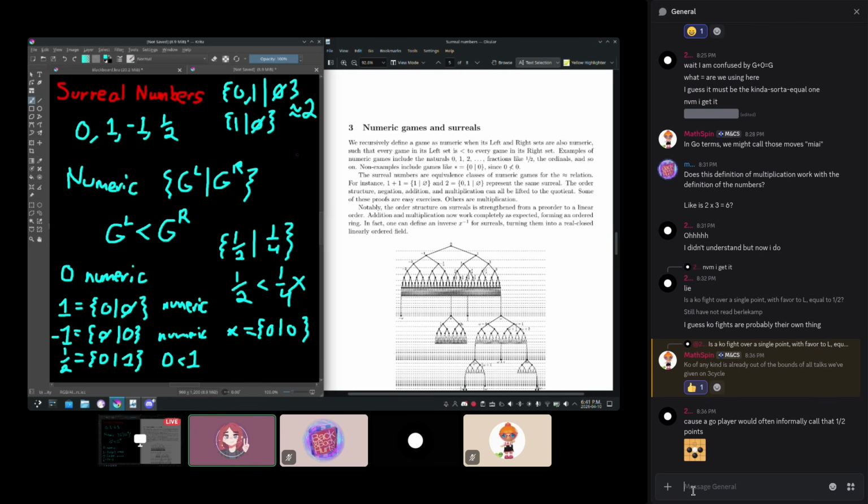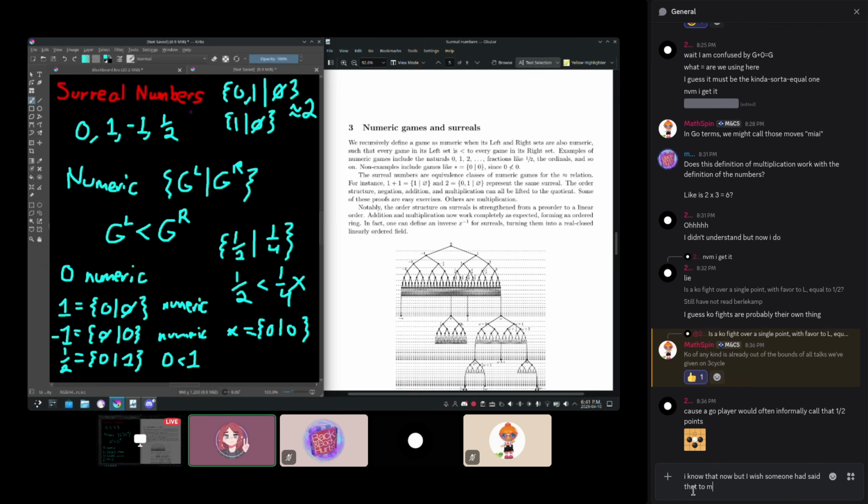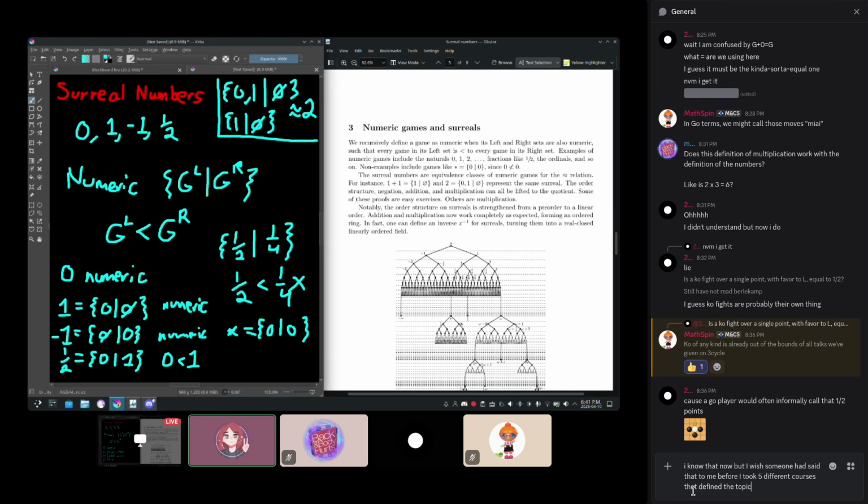I don't know if I can really assume that people here are familiar with the idea of quotients, but basically the idea is that a quotient is just some other structure that you build where things that you want to be equal are now equal. And assuming that your notion of equal satisfies the properties that it's supposed to, it's reflexive, it's transitive, it's symmetric, then you can always build these kinds of quotients. And the surreal numbers are really just one example here. So you might say, for instance, that these two games, they're different as games, but they're equal in a quotient, or they're equal as surreal numbers. That does make sense, right?